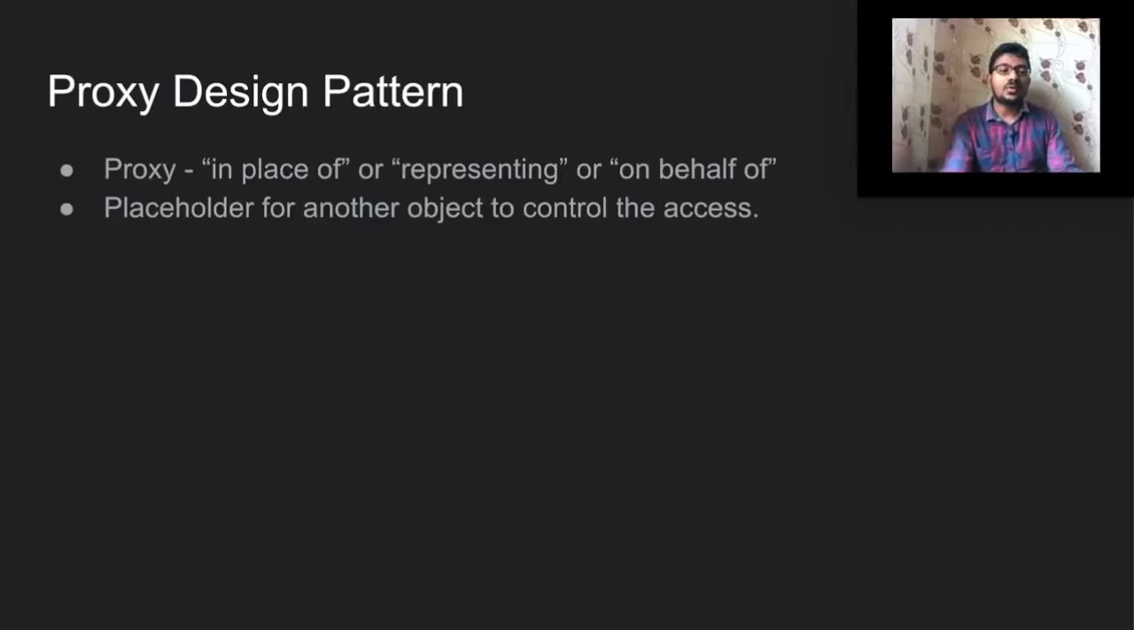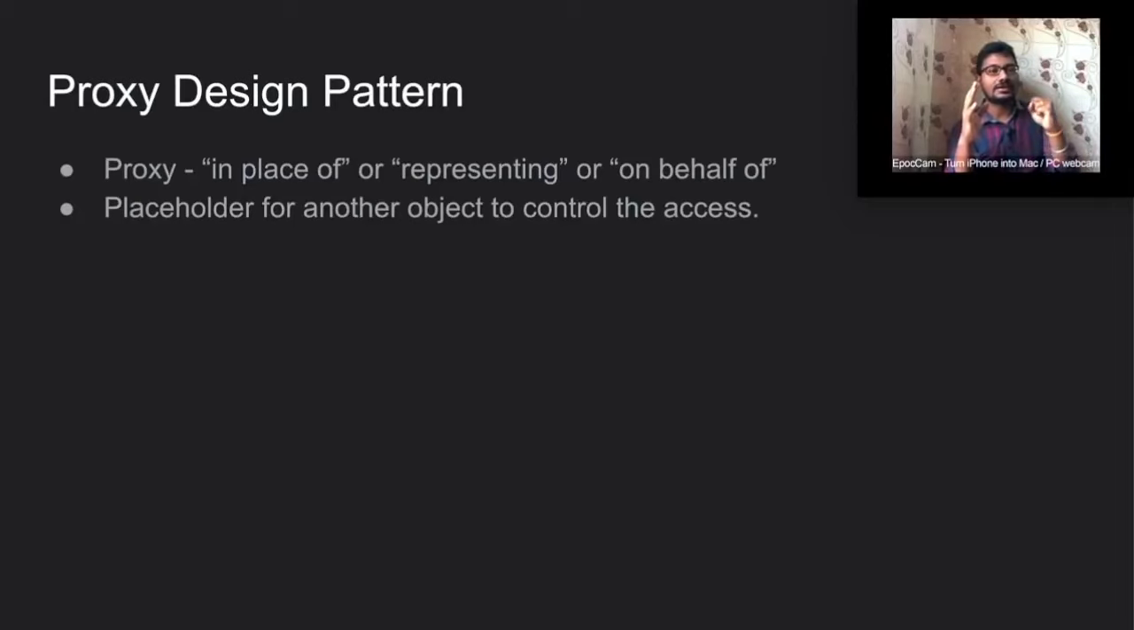And then, a placeholder for another object to control the access. For example, there are two objects. So this is a real object. To access this real object, there is another object. This is a proxy object. It will try to control the